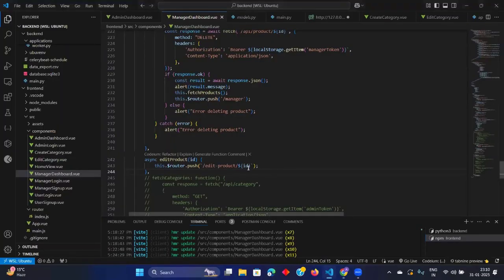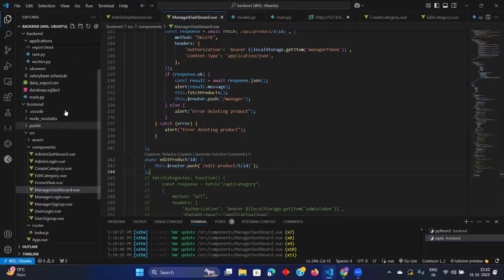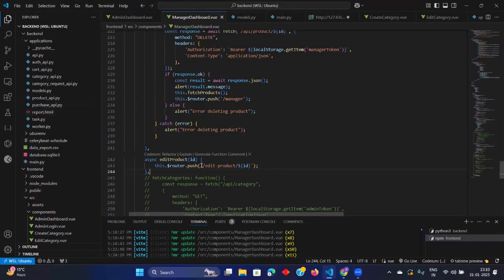But the thing is, in the next page, the error which will come is you can't get the specific product name using the ID. So you cannot show the name also. You cannot get the specific product name. Are you getting what I want to say? No, I'm not able to connect.